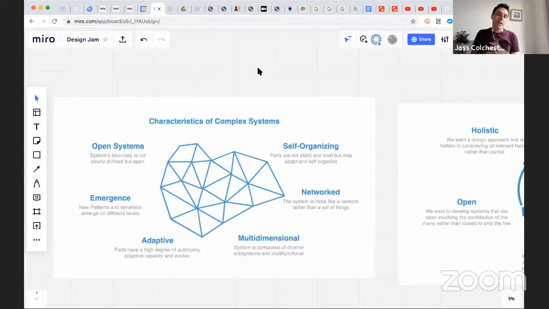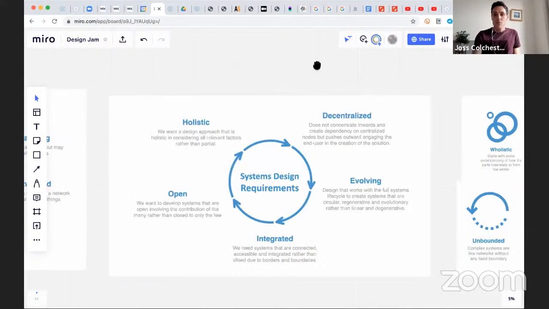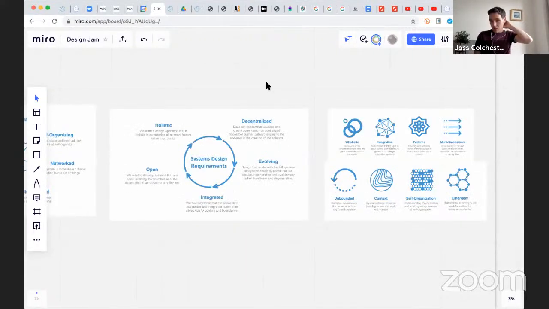They are more like networks than things or objects. A transport system, a city, or the internet is a good example. And they also have a self-organizing aspect to them, where parts have adaptive capacity and are interacting locally. Out of those local interactions, we can get the emergence of patterns forming through peer interaction only. So that's what we're trying to design for, those kinds of systems, and work with that complexity. And to do that, we need a new kind of design approach, and we call that systems design.